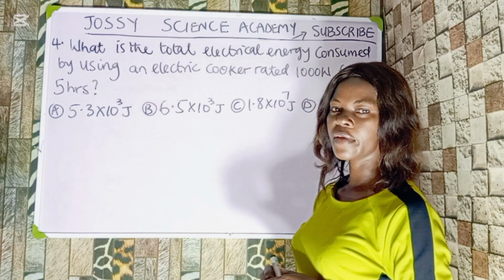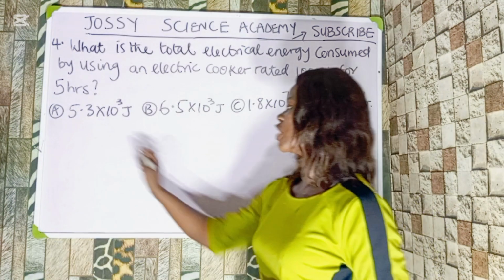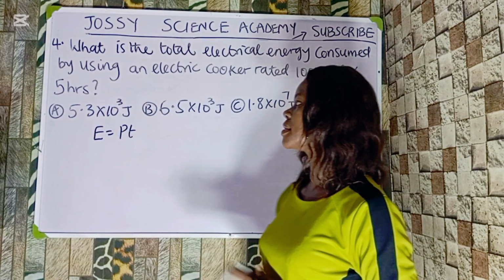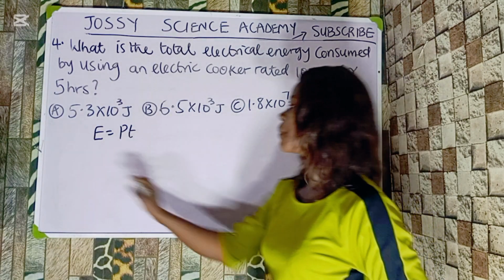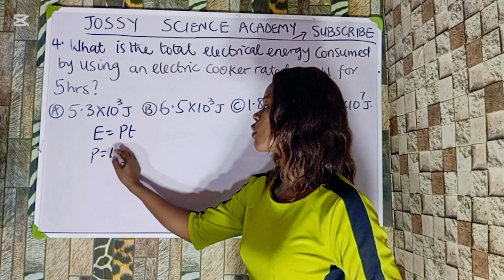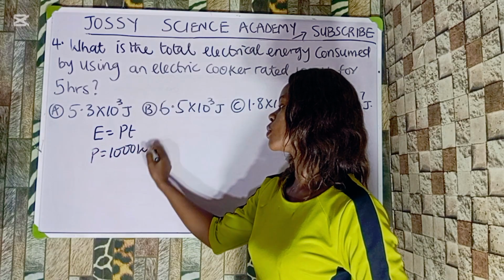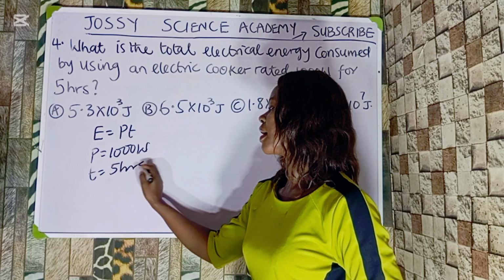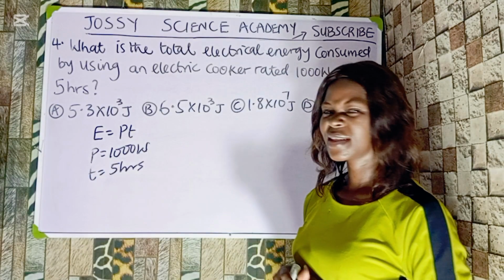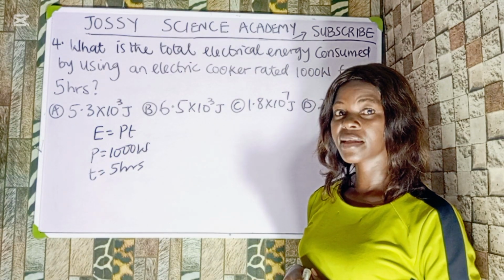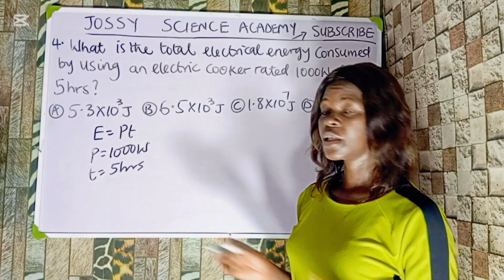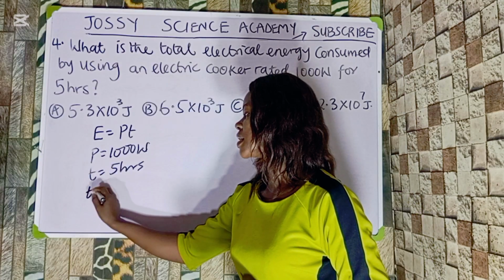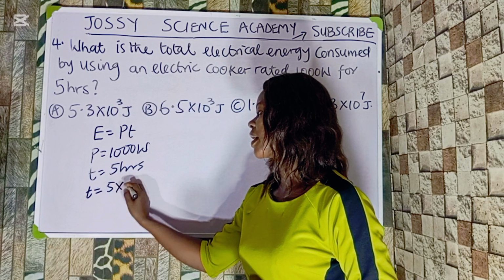And in this question we are looking for electrical energy, and electrical energy E is equal to PT, right? So what is our power? Our power is equal to 1000 watts. Then what is my time? My time is 5 hours. So what we must do here is convert these 5 hours to seconds simply by multiplying by 3600. You say T is equal to 5 times